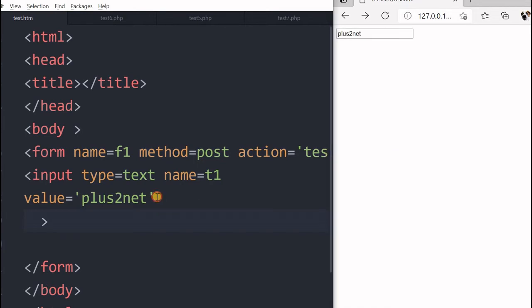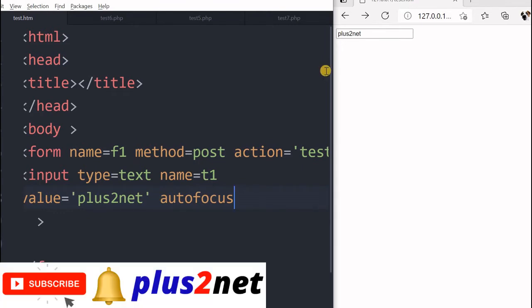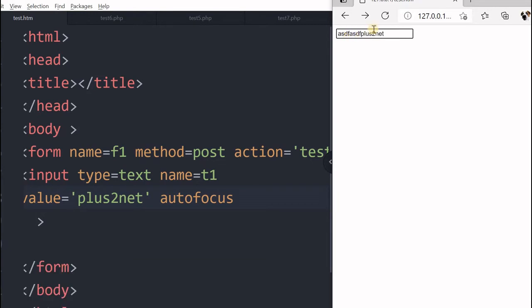By writing autofocus here and refreshing it, the focus will directly fall here. The cursor will be inside the input box. So directly I can start typing here. Every time I refresh this again, I can type directly without clicking, because the cursor focus is there. Now I can remove autofocus.